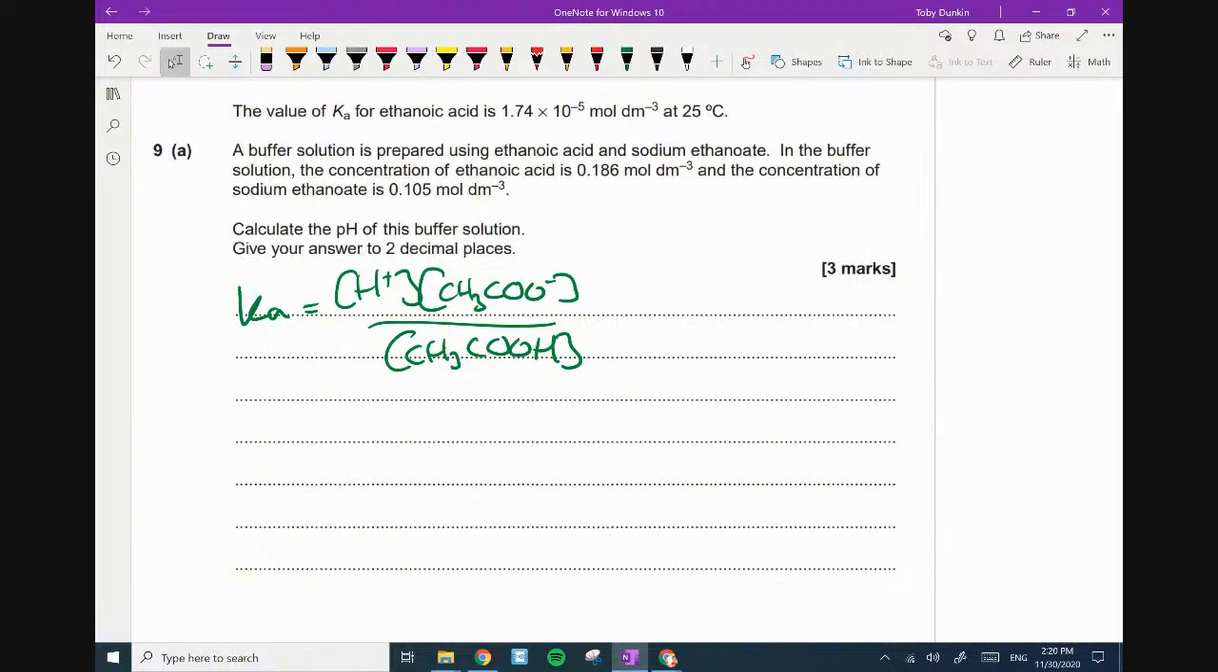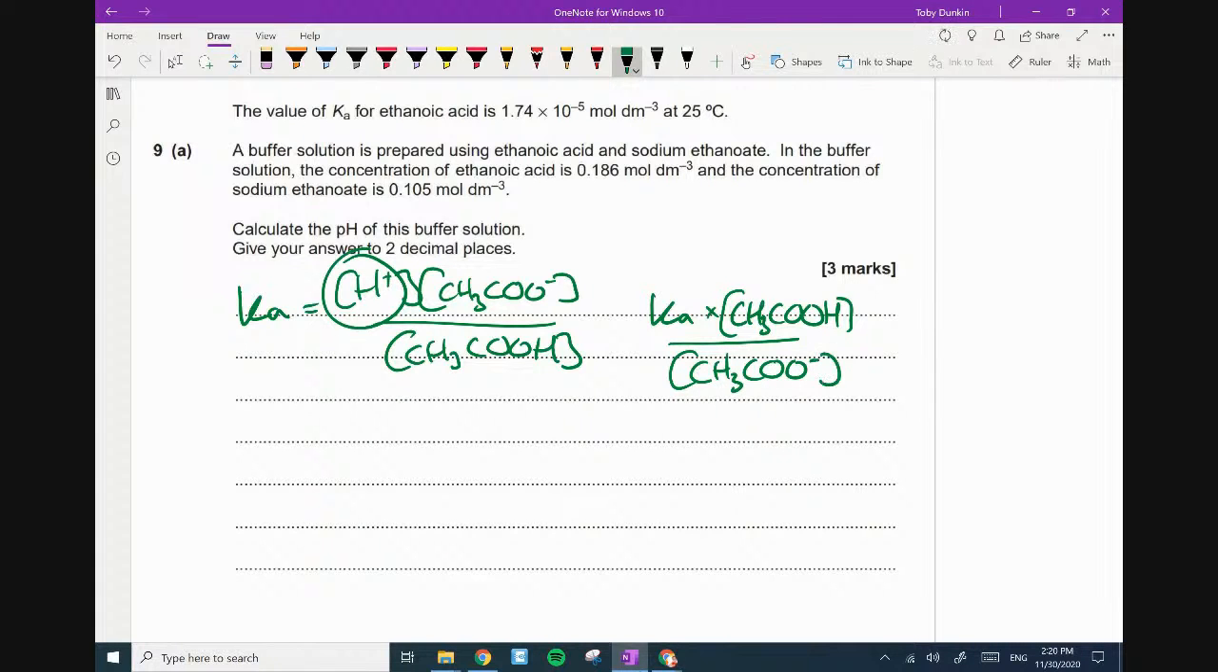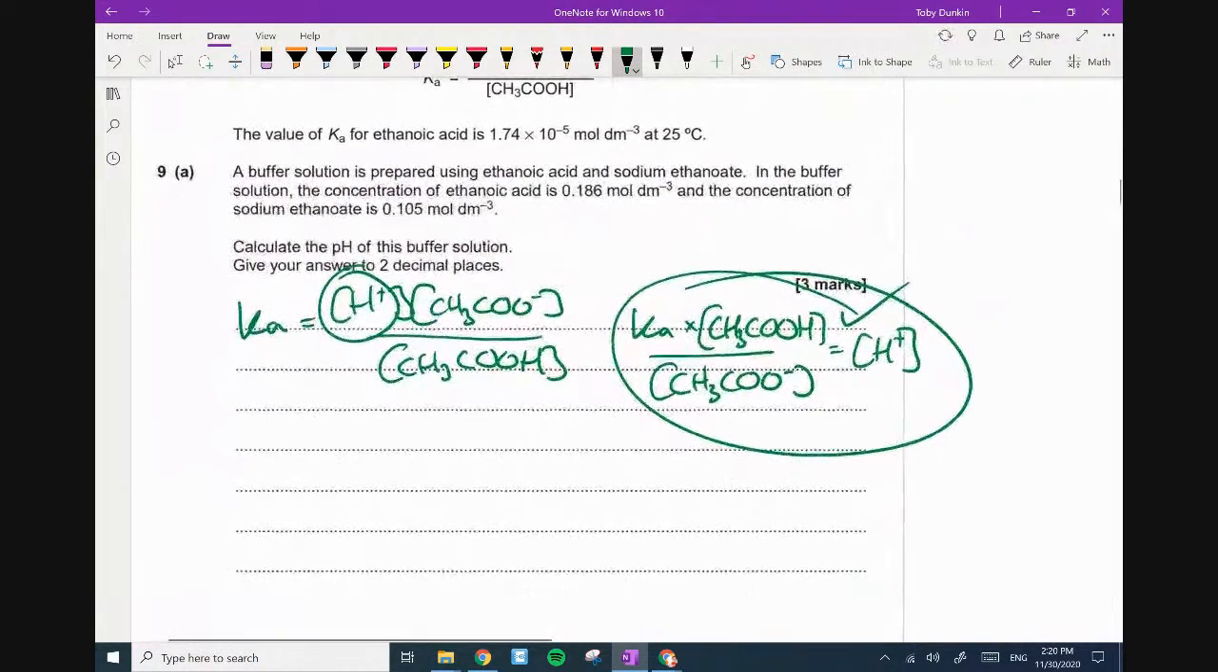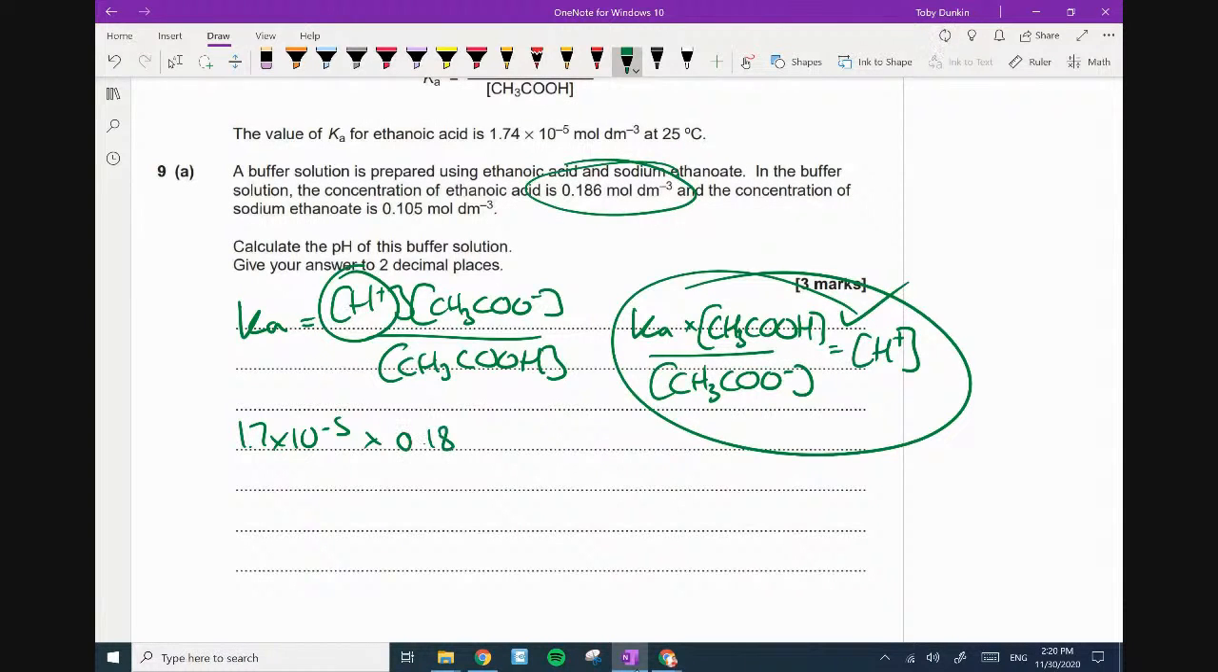Yeah? Rearrange for that. Ka multiplied by the acid divided by the salt. And they've given us everything. I feel like there's a trap in here somewhere. 1 mark for that. Yeah, input my numbers. 1.74 times 10 to the minus 5 multiplied by the acid concentration. The concentration of the acid is this. Oh, you just run them in. I'm really surprised. Salt,